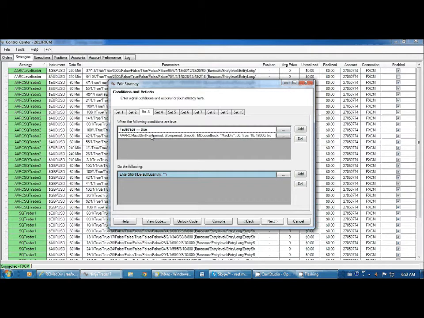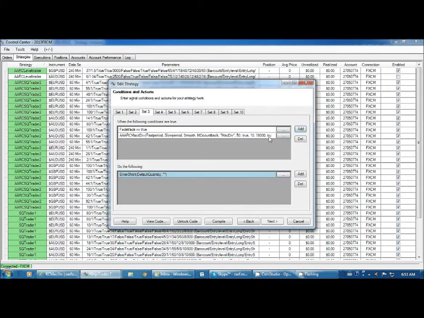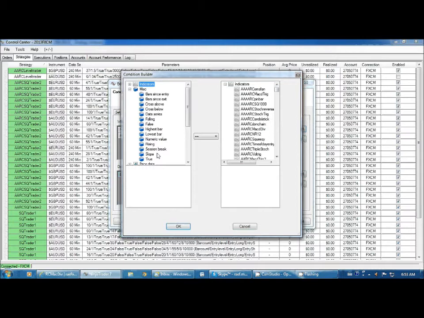Fade trade true. I need to add the EMA is falling. What I need is the EMA rising. I want a buy signal, so I'm going to fade this buy signal. So I need to have a rising